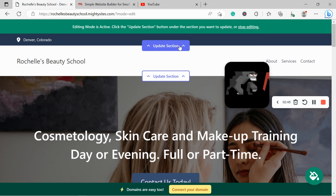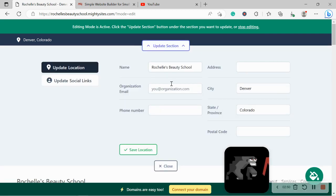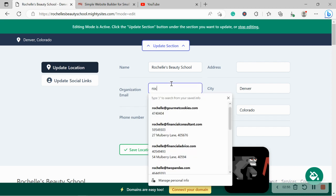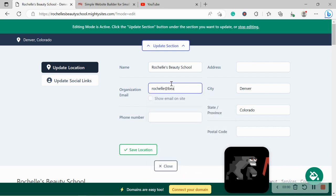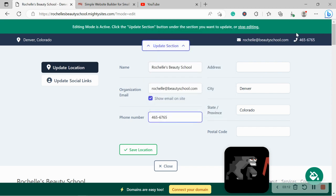Awesome. I'm going to click on update section over here. I'm going to put in my email address for my beauty school so it's displayed on my website. Once my email address is in, I'm going to check this box so it's displayed on my website. Let's put in our phone number. It's displayed next to our email address as well as at the bottom, and it is click to call, by the way. Let's put in the physical location of our beauty school,